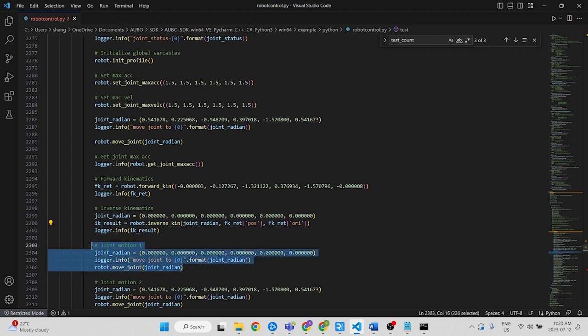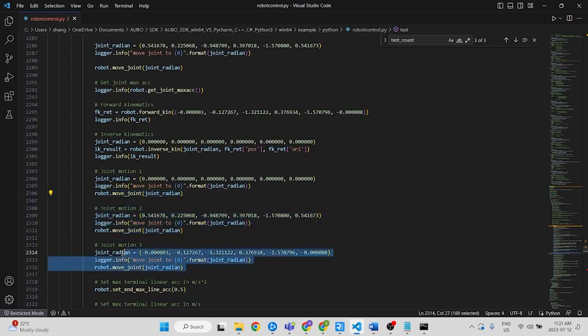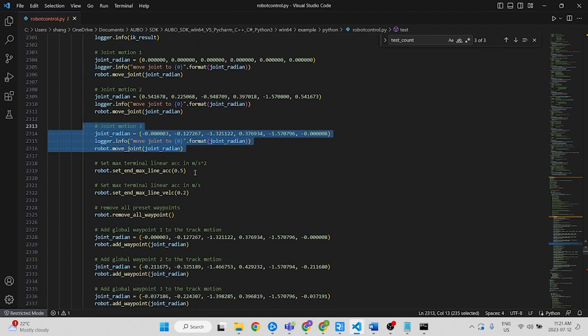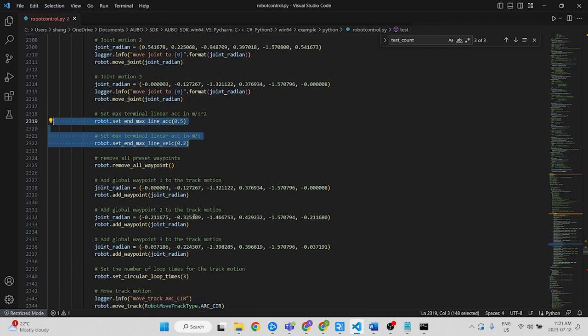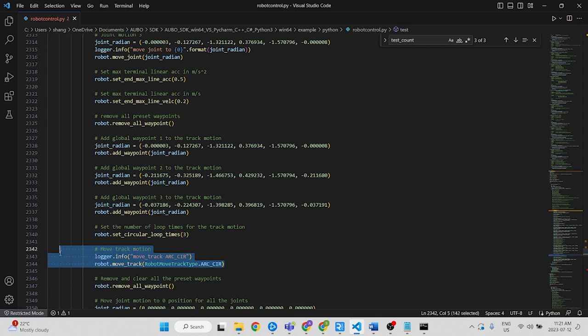Move to a second location. And we have two more move joint commands here. So just moving to some waypoints. Here we set the maximum tool end velocities and acceleration. Now we define 3 waypoints, 1, 2, 3 here. And the purpose of this is for our move track, which is a circle here. So we want to move in a circle, and to